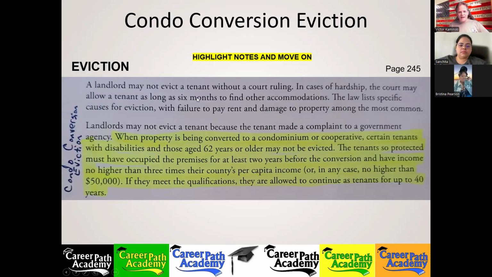And now you got some deadbeat that's there for half a year living in your property, who never had the intention of ever paying you. So they were looking to get one over on you from the beginning. That's not every tenant, but there are tenants out there that are like that. So we got to be aware of that. Okay. All right. So those are the tenants that cannot be evicted from condo conversions. We highlighted that on page 245.